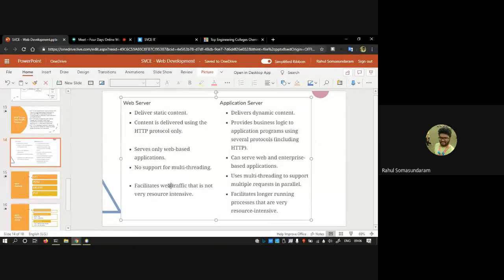So yeah, the next point is facilitates web traffic. Web traffic is that if many users open your website at the same time, the resources won't be available to process, so it will be very slow in a web service. Whereas applications will be running for a long time, and you will have more resources to accommodate n number of requests. So you can just imagine how Google handles many traffic. They handle a lot of traffic, right? So that level of logic, or WhatsApp, you can take, where many clients are accessing it at the same time. So typically for high volume use, you will be going for application service.